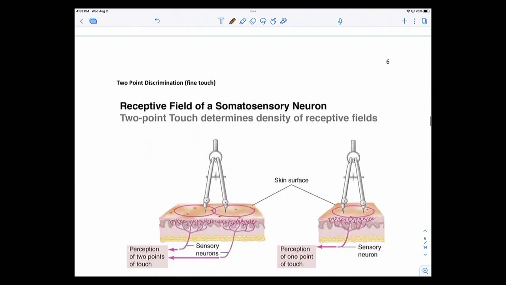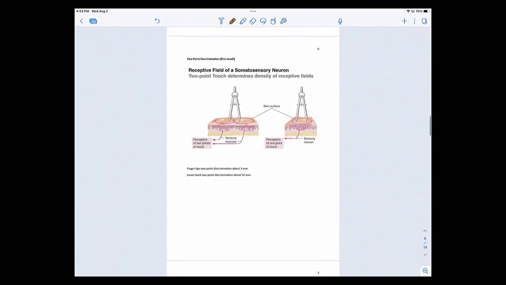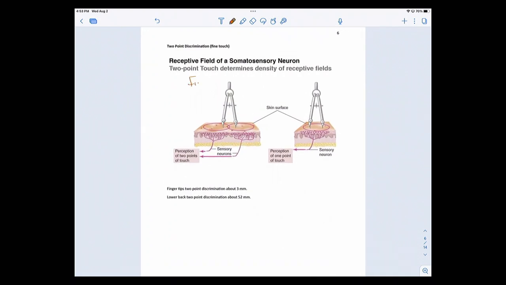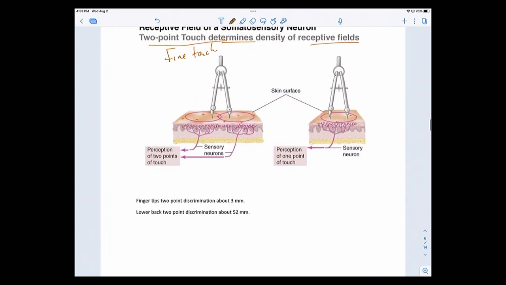Okay, so last thing, and I've already talked about this for this little section here, is fine touch, which is the same thing as 2-point discrimination, or 2-point touch, and it determines density of receptor fields. So what you're doing here, again, like I said, of course, a prettier diagram here. I have these overlapping sensory fields, and I'm being touched here. And so if I'm having overlapping and I'm being touched here and being touched here, I'm going to be more likely able to say, hey, I'm being touched by 2 points instead of 1 point.